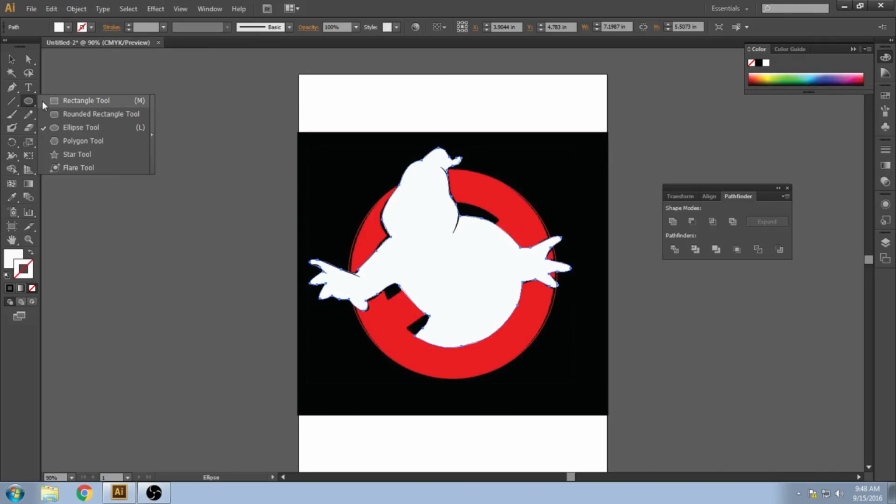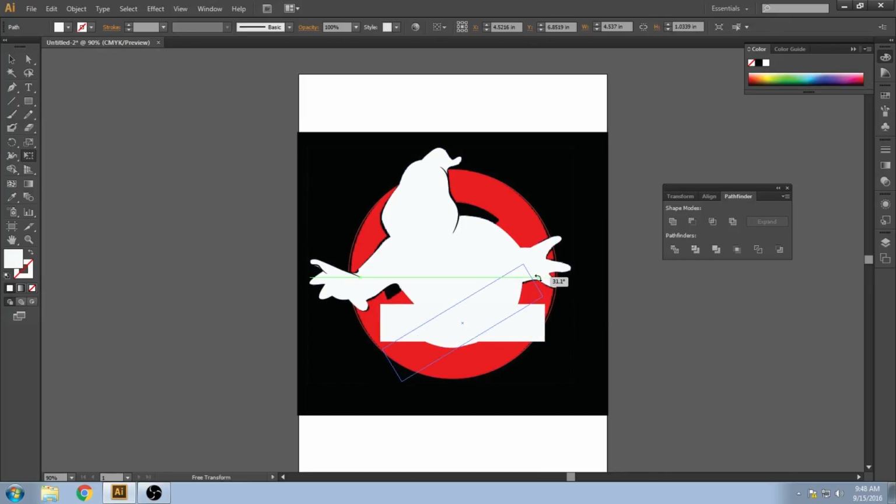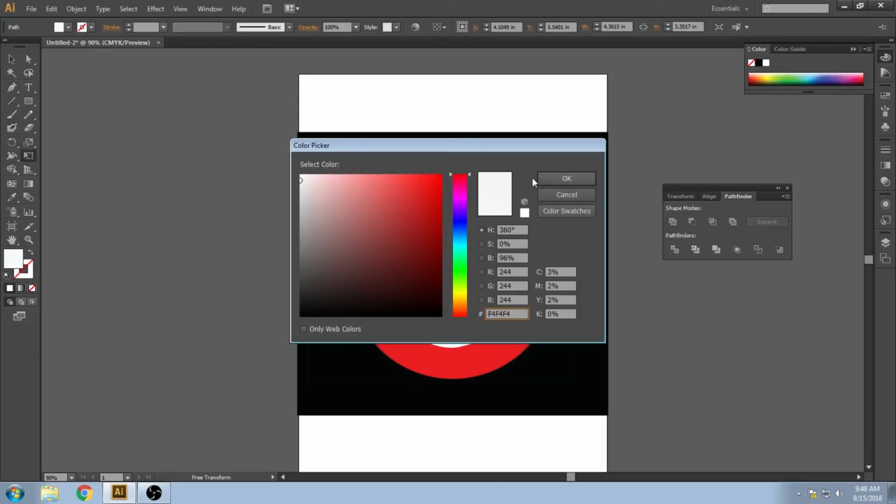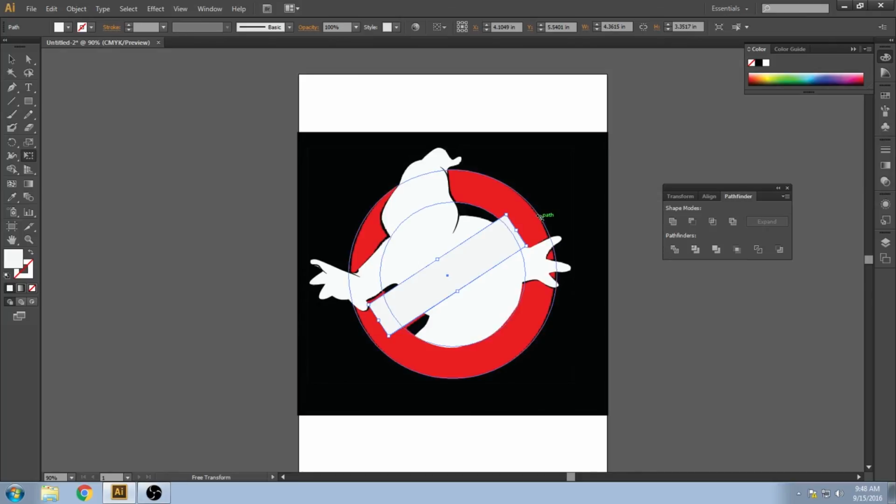So to get that, I would go ahead and hold down to get back to my rectangle tool. This is probably the easiest part. I just draw a rectangle, rotate, and there you go. Change that to red, turn on your fills,